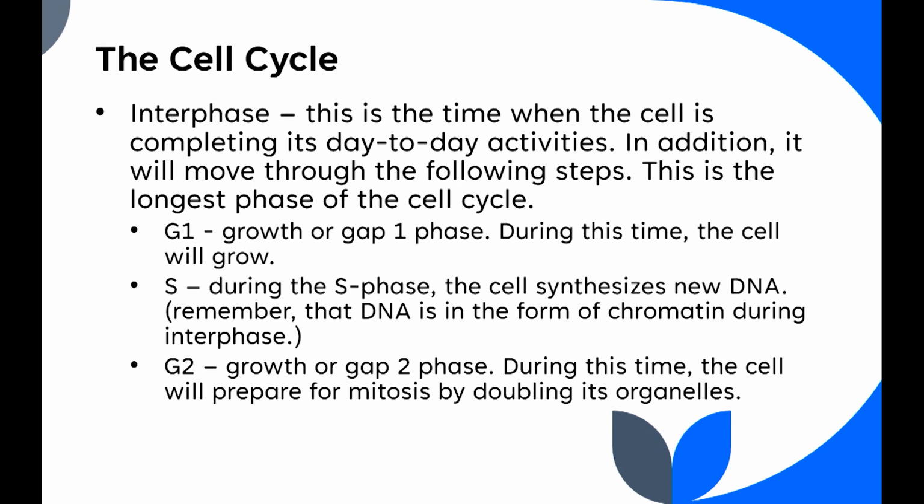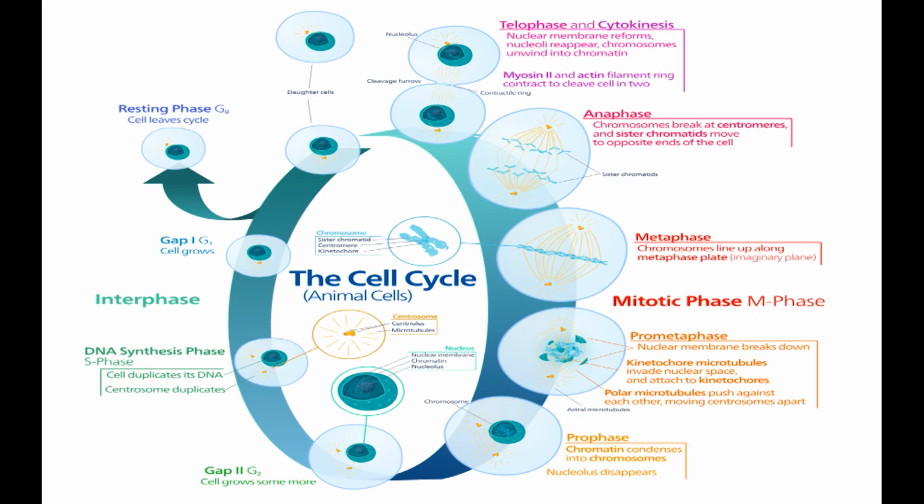Okay, then we'll go into something called the G2 phase. Again, that G stands for growth or gap. During this time, the cell is growing, but it's a little different. Right now, during the G2 phase, the cell is getting ready to divide, and so what's really going on here is that it's doubling all its organelles. When we're done dividing, each cell is going to need its own set of organelles, so this is the time that we're making those duplicates so that when we divide, both cells have all of the organelles they need in order to operate.